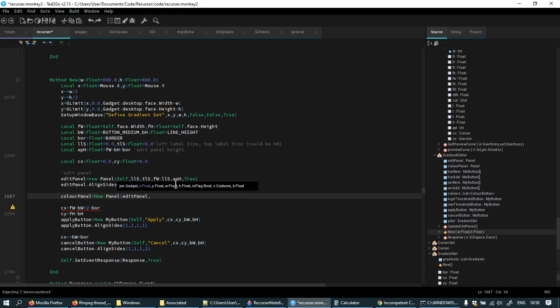because it always sits inside it, and the X position of it is button height, and the Y position of it is button height, because I want this offset from the top left of the overall edit panel by the width of a button and the height of a, I'm not describing that well, its X and Y position both to be the height of a button, so that the buttons that are arranged down the side and along the top have one button width, or one button height space. And its width should be, now,